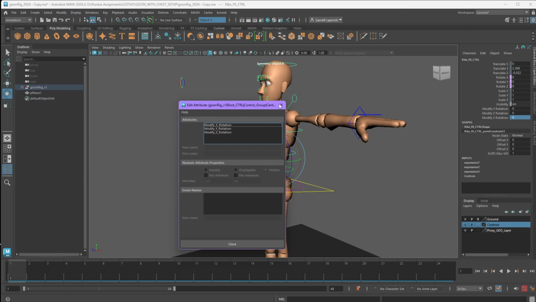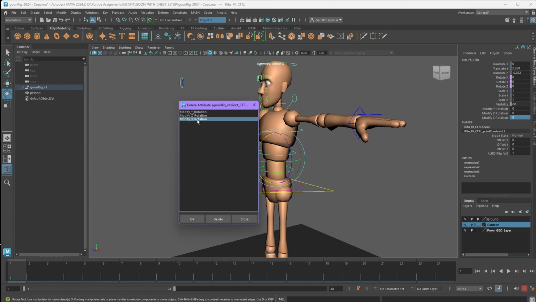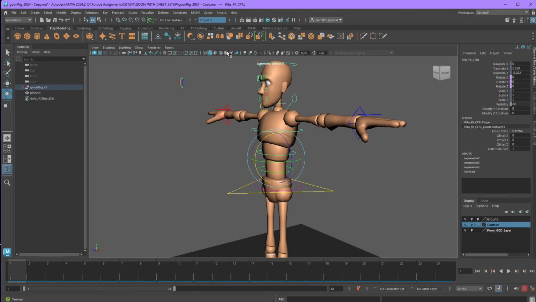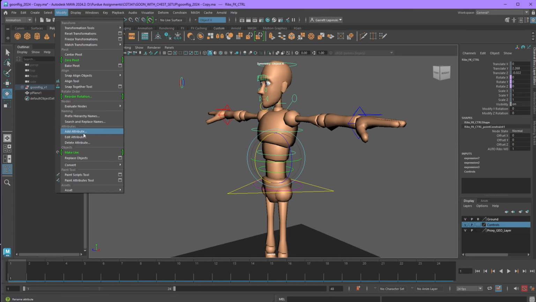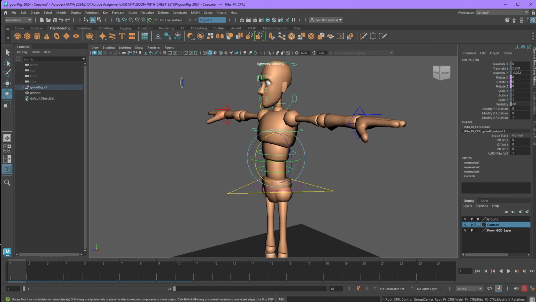This is how you delete the attributes too. You go to modify, delete attribute, okay, delete. Then you go to modify, add attribute. It is specifying it's a float. I'm not sure why it's stepping in integers. You probably can type in a float and it'll be fine. Modify X rotation. Okay, now that we have this float that we can control,